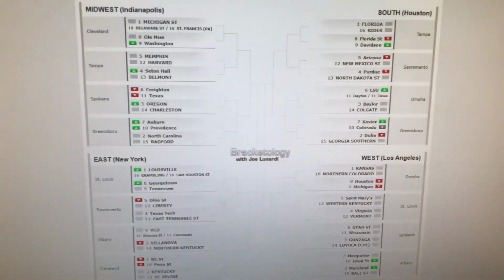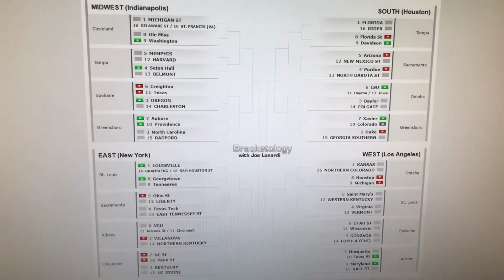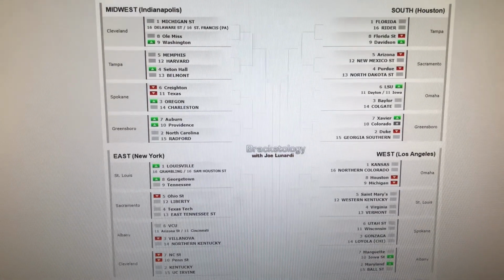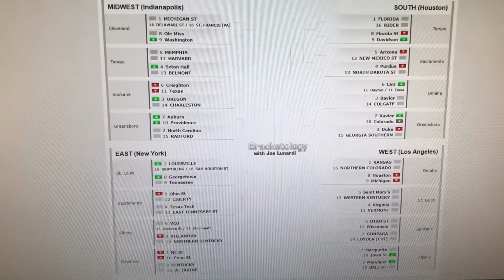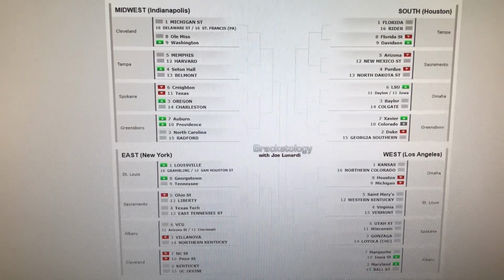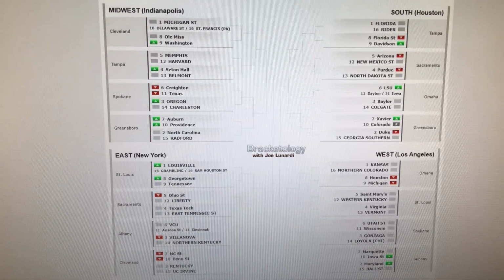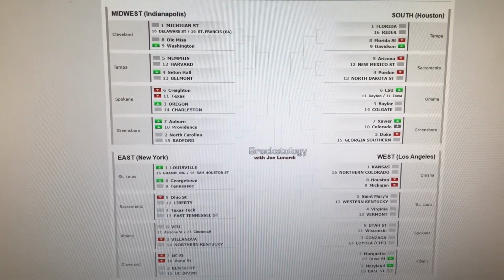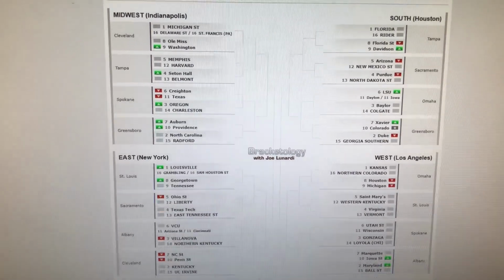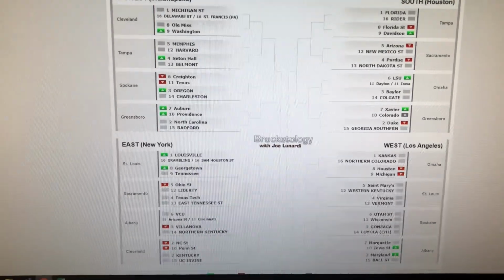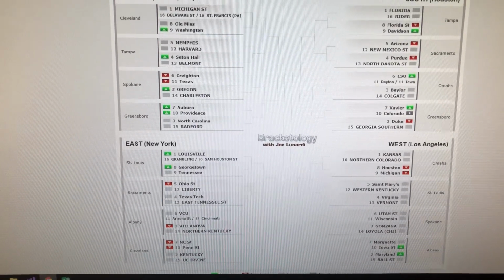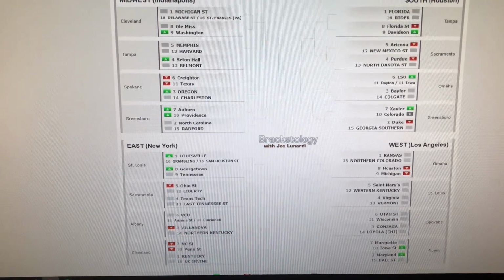But before we get into my picks, I'll go ahead and go through this bracket. So the number one seeds are Michigan State, Florida, Kansas, and Louisville. I think it's a bit early to be saying Florida will be a one seed. I'm thinking maybe a 2 or a 3 as of right now. We got to see how all the pieces fit together. But I mean, they're obviously a lot better this season than they were last season. I can see Louisville as a 1. Kentucky, I think, should be the other 1 over Florida, but then I'm okay with Kansas.